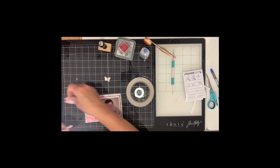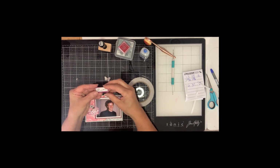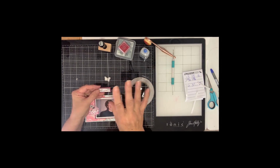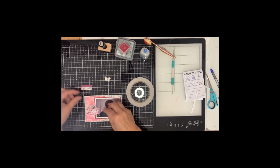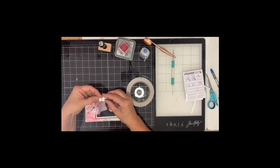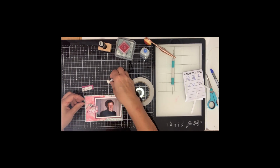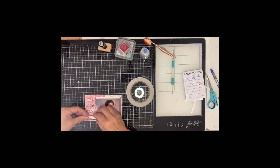Now I've decided to use one of these, this has some gorgeous little teacups that you can use, and I've cut out a Moments, which came from the sheet with all the different elements that you can cut out. And I've edged them in red, and the Moments I've edged in green. A little white butterfly I've actually done with some green. So what I'm going to do here, I want my little butterfly up here, and I want my Moments down